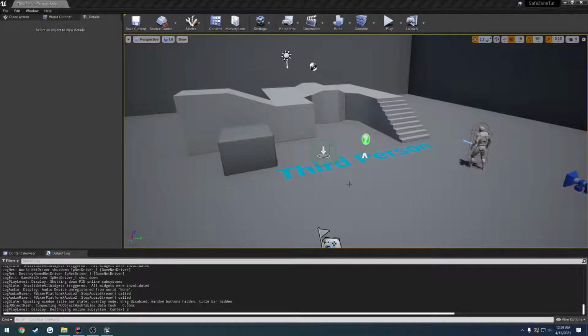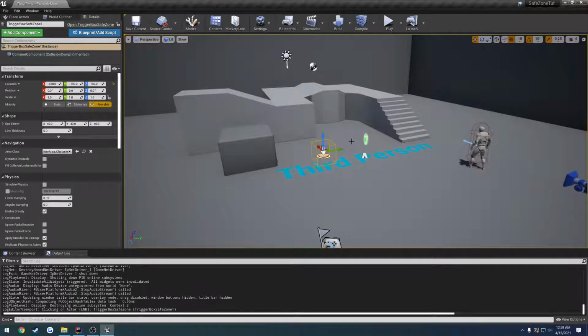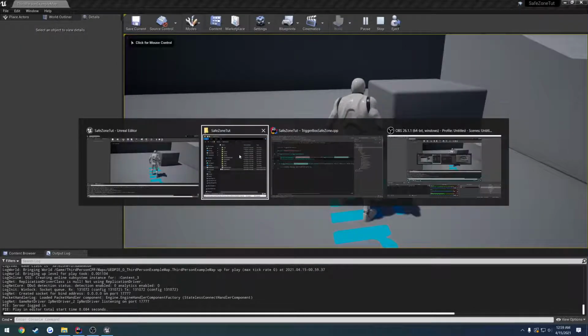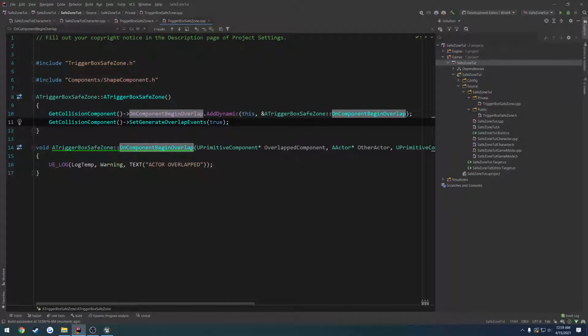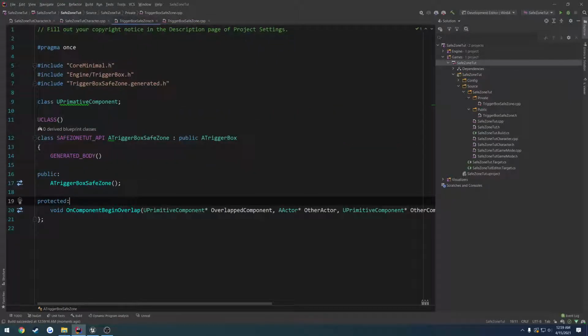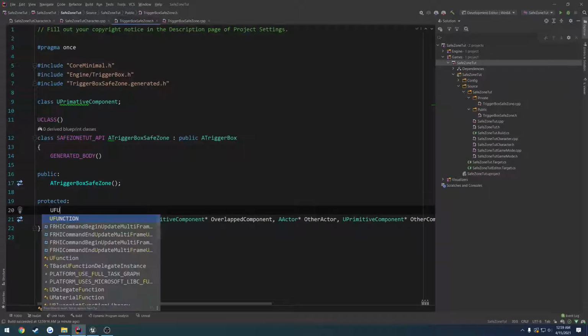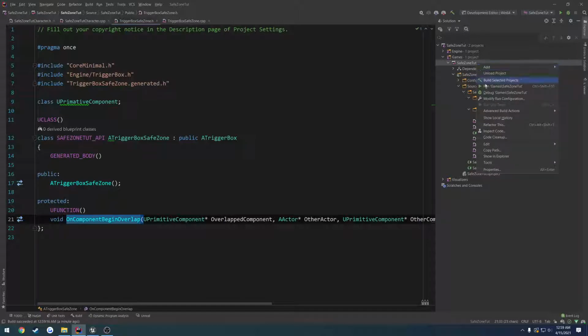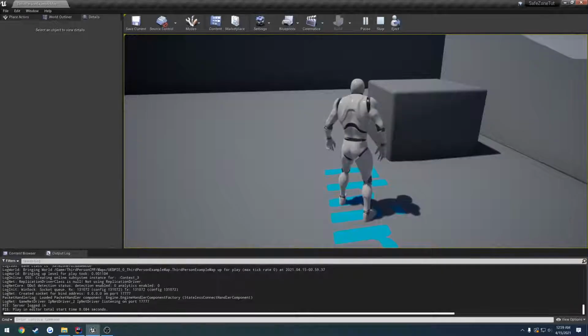In this video, we want to go ahead and fix our overlap not working. So currently, if we overlap our trigger component, or our box component, we are not printing out the text. The reason for that is in the previous video, I forgot to set this as a UFUNCTION. So our OnComponentBeginOverlap should be a UFUNCTION, in which case we can go ahead and compile